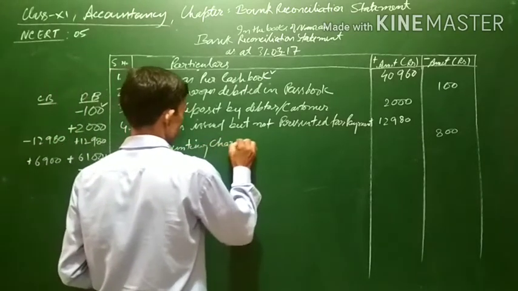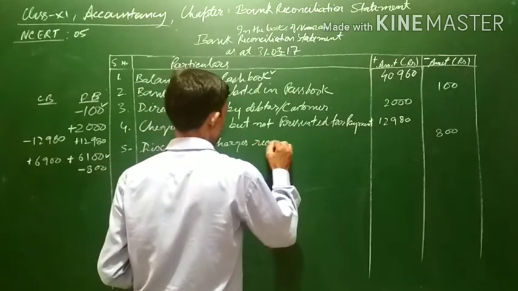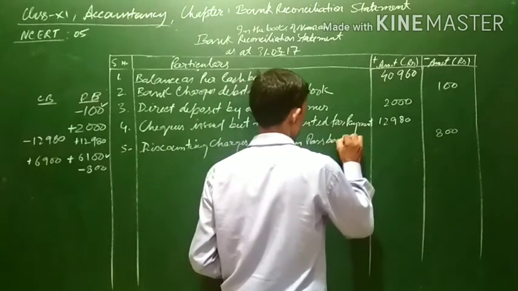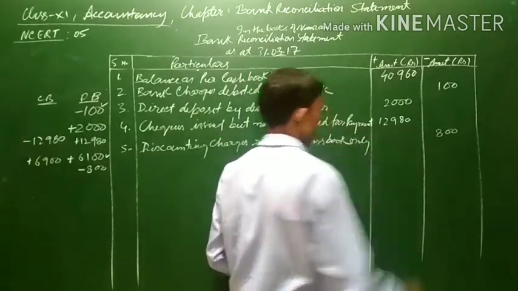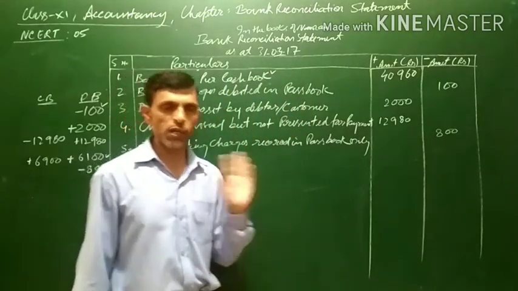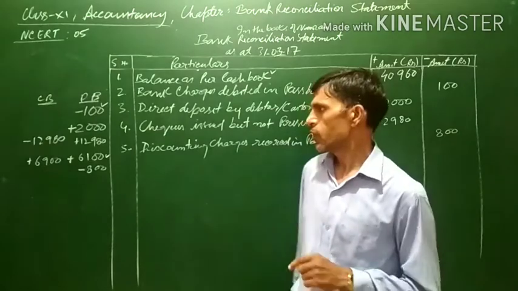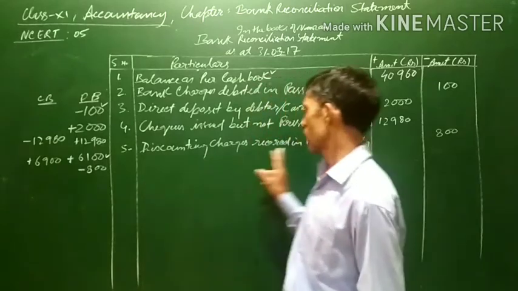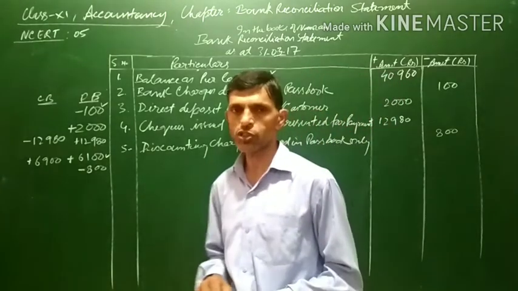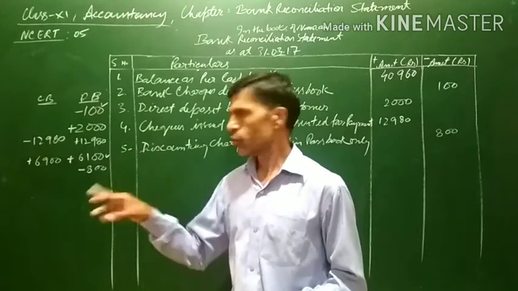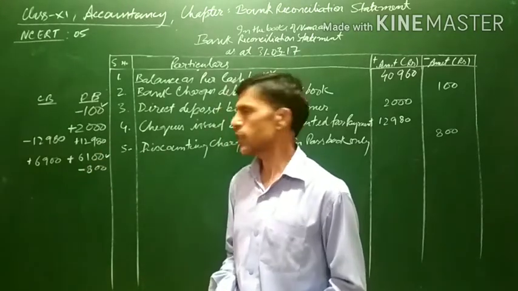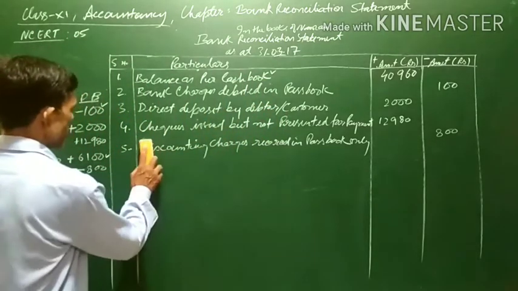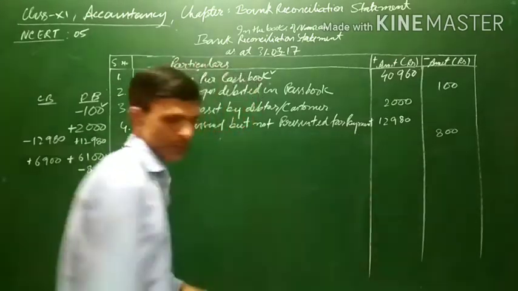Discounting charge recorded in passbook only. The discounting charge was recorded in the passbook only, but it was not recorded in the cash book. Actually, in the cash book also the record of discounting should have been kept in mind. So the discounting charge of 800 was recorded in the passbook, and that is why only 6,100 was credited in the bank account. Or in another way, instead of this, you can write